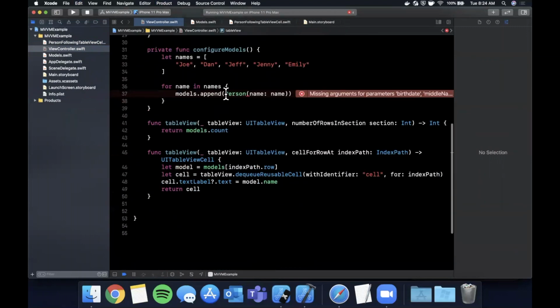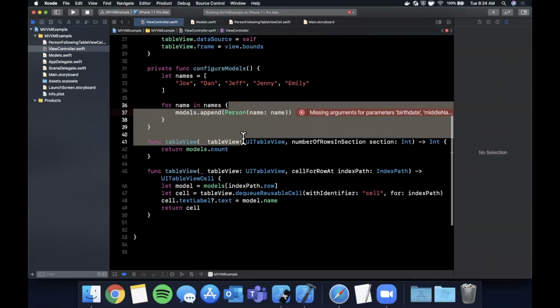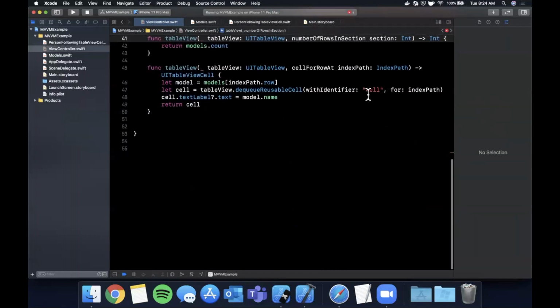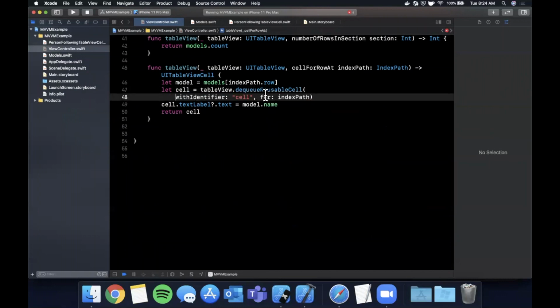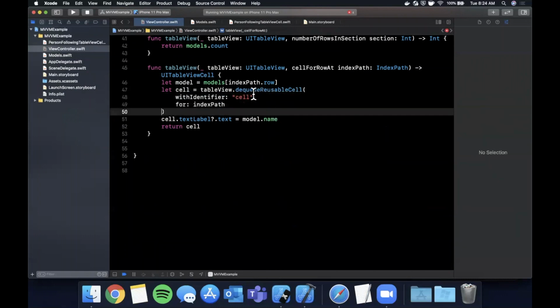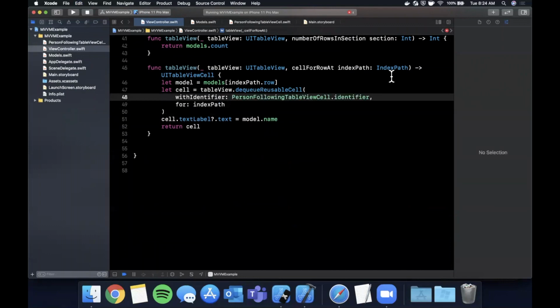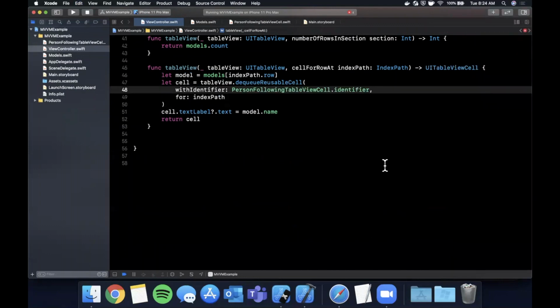And then wherever we dequeue it down here, I see what the problem is here. We need to change the initializer, but wherever we dequeue it down here in the cellForRow function, what we want to go ahead and do here is dequeue our cell with the new identifier. So we're going to say the cellName.identifier. So what we've gone ahead and done now is we've separated out our